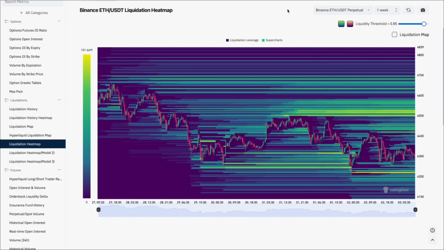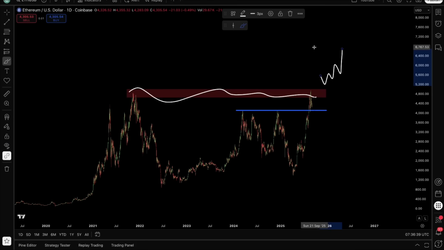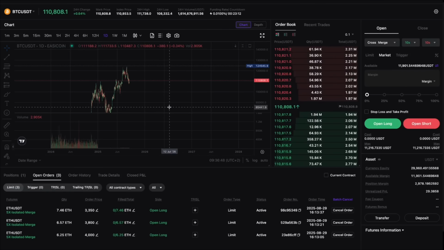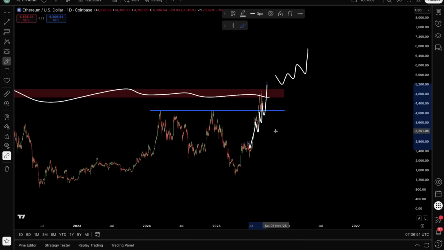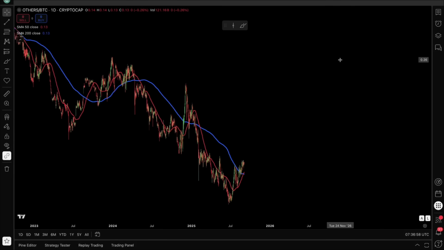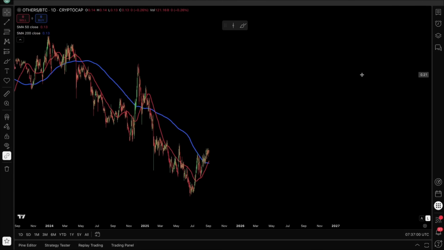But yeah, Ethereum is starting to be a little bit weaker, and that is of course also quite logical after seeing the huge move we have. But during those stages in the market, I actually do think the most opportunities are laying at exactly those stages. Once Ethereum is going to show some weakness, that's where you do want to be longing, because eventually we are going to see a lot of strength later in this cycle, in my personal opinion.